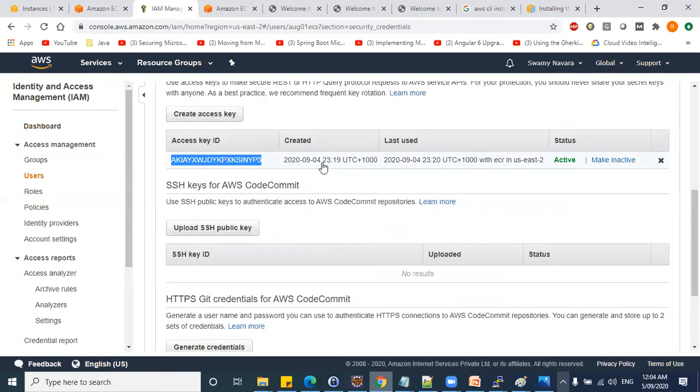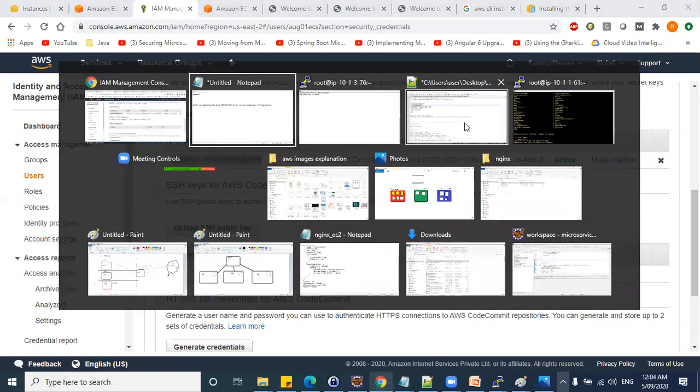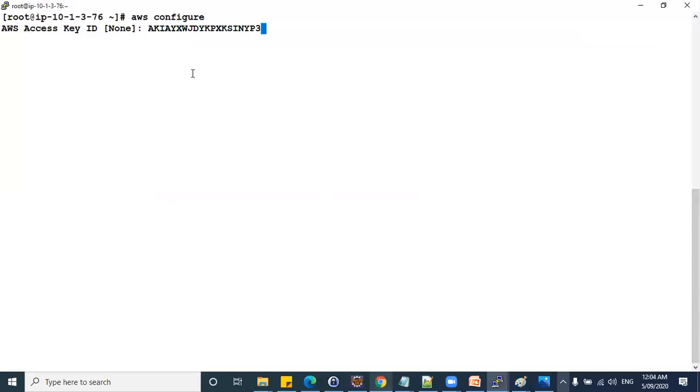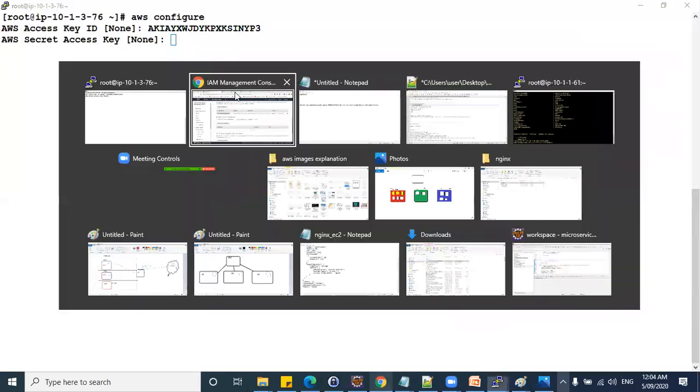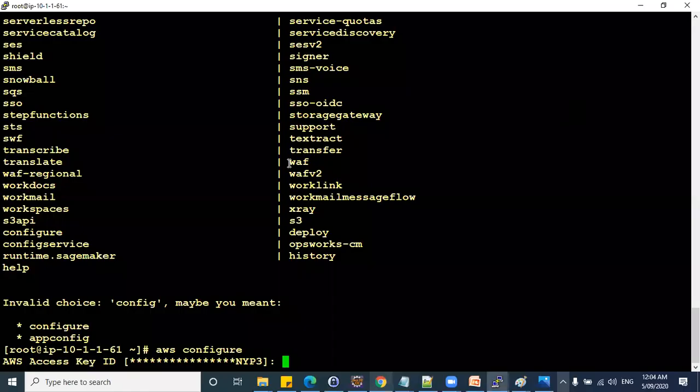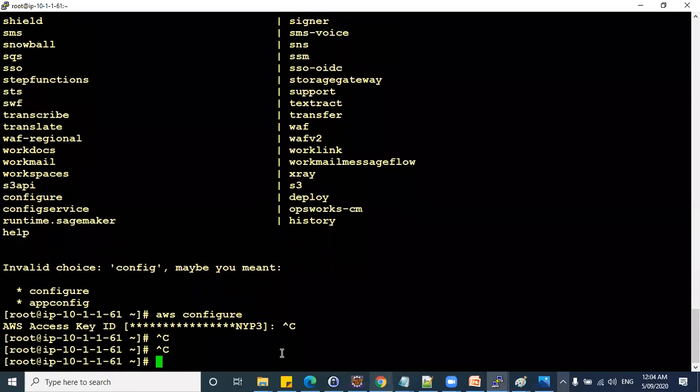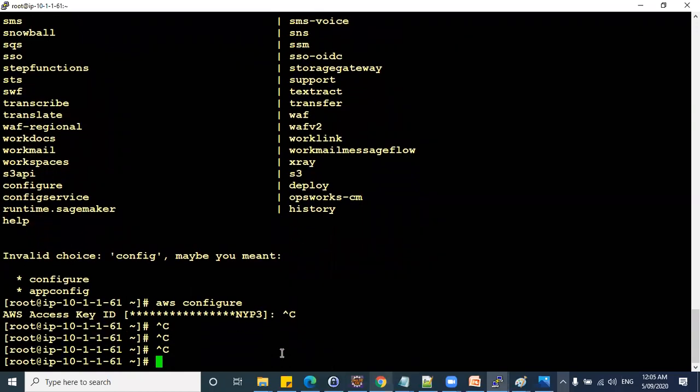As you know, the secret key will be shown only once. Now, how to get the secret key? This is a good opportunity to show you. The same secret key we used in the Linux machine, this Linux machine, our managed Docker machine. So here you can go under cd .aws